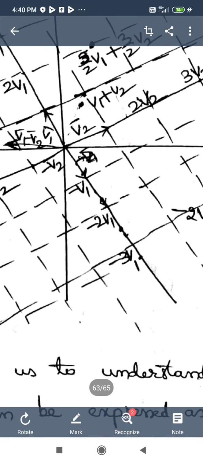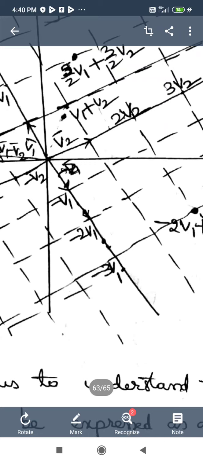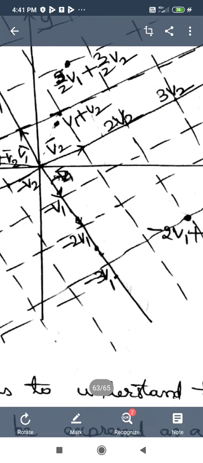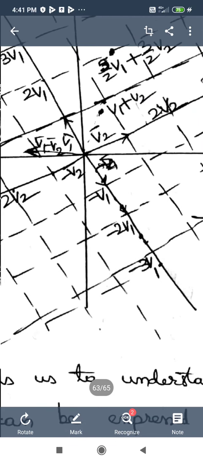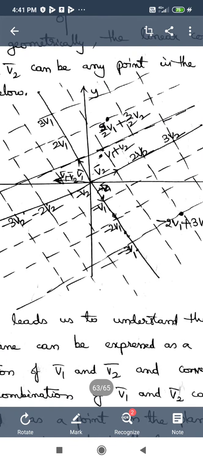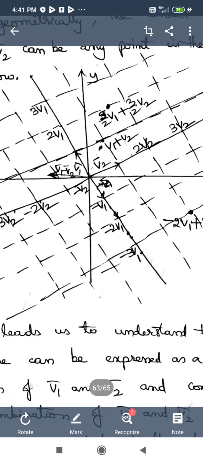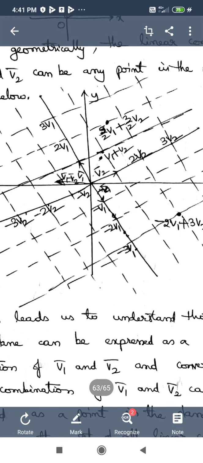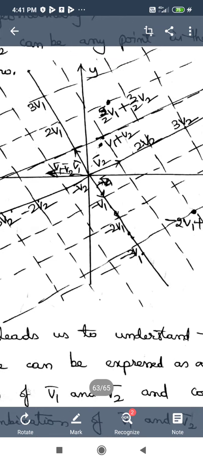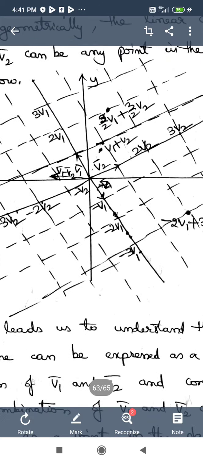That is how v2 bar scalar multiples, I have taken only some of them, 2v2, 3v2, etc. are at the intersecting points of these parallel lines in the first quadrant on the positive x-axis side. And we can also see the same vectors on the other side in the third quadrant with a negative sign, and these are also the intersecting points of the parallel lines, and those are minus 2v2, minus 3v2, and we can proceed as much as we can,